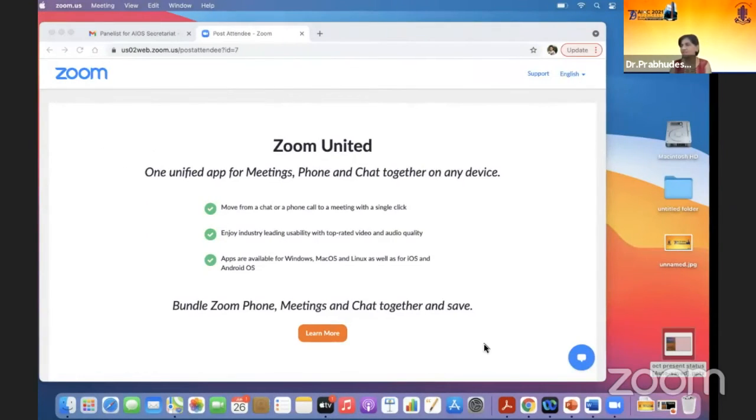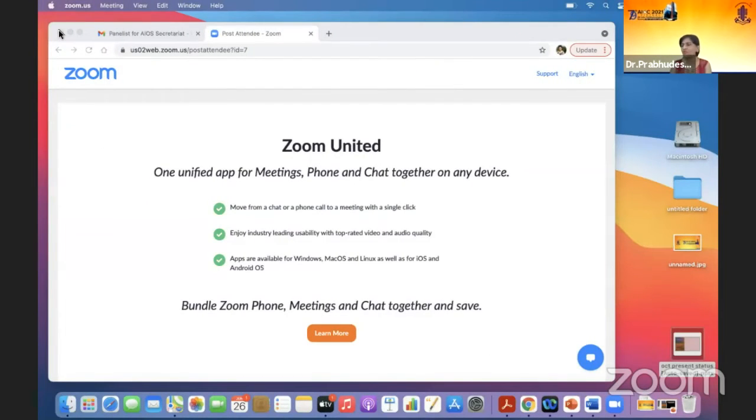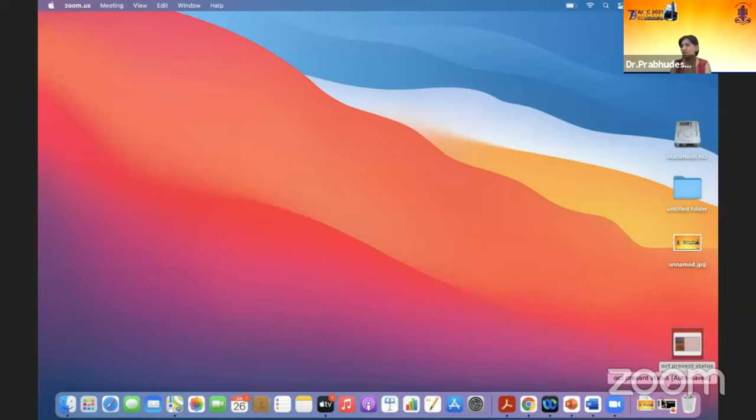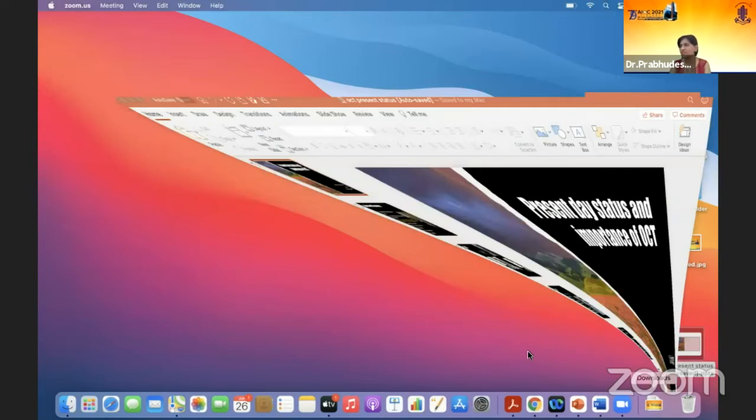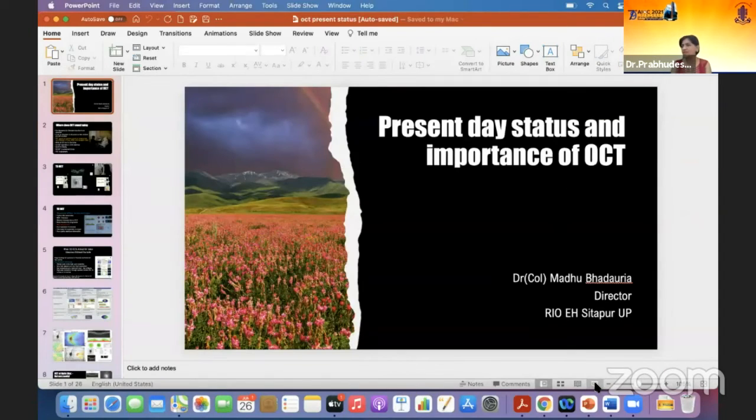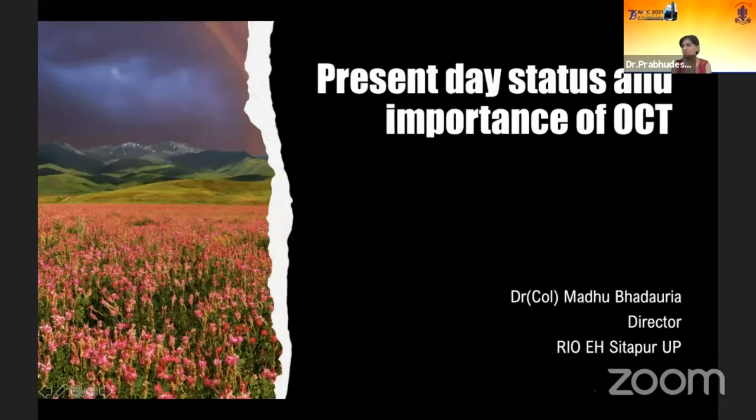Dr. Bhadoria is a director at Regional Institute of Ophthalmology, Sitapur, Uttar Pradesh. She has experience as a glaucoma consultant for more than 35 years. She had her medical and post-medical graduation at King George Medical University, Lucknow. She did a fellowship of glaucoma and anterior segment from Shankar Netralaya, Chennai. She was professor at AFMC Pune for almost 30 years. Now she is director at Sitapur for 12 years, and she transformed the Sitapur Eye Hospital from ruins to vibrancy.